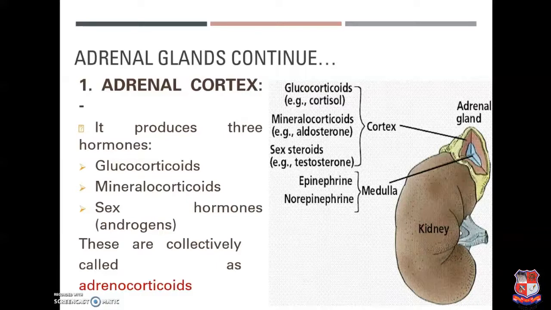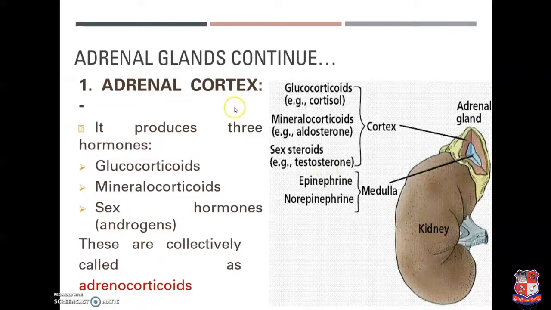Generally, the cortex consists of three layers: the zona glomerulosa, zona fasciculata, and zona reticulata. Zona glomerulosa basically consists of 2 to 3 layers of columnar cells, and this layer generally secretes the mineralocorticoid aldosterone. Zona fasciculata comprises polyhedral cells, and this layer secretes glucocorticosteroids, corticosterone, 17-hydroxycorticosteroids, etc. Zona reticulata generally secretes the sex hormones, that is progesterone, estrogen, testosterone, etc.